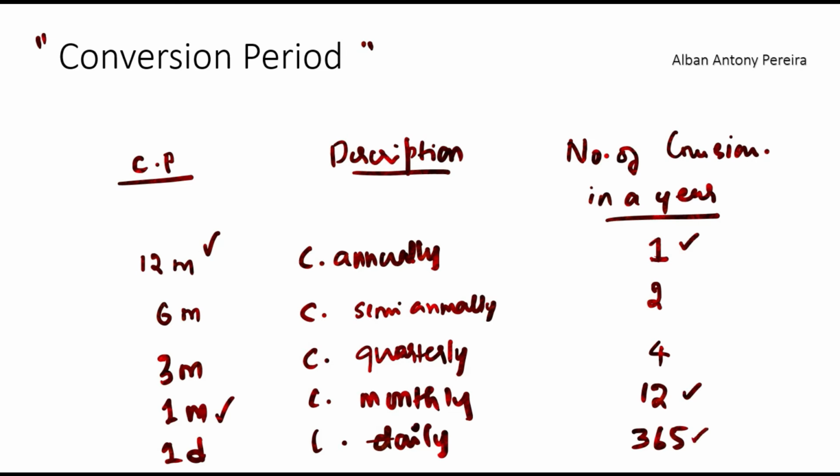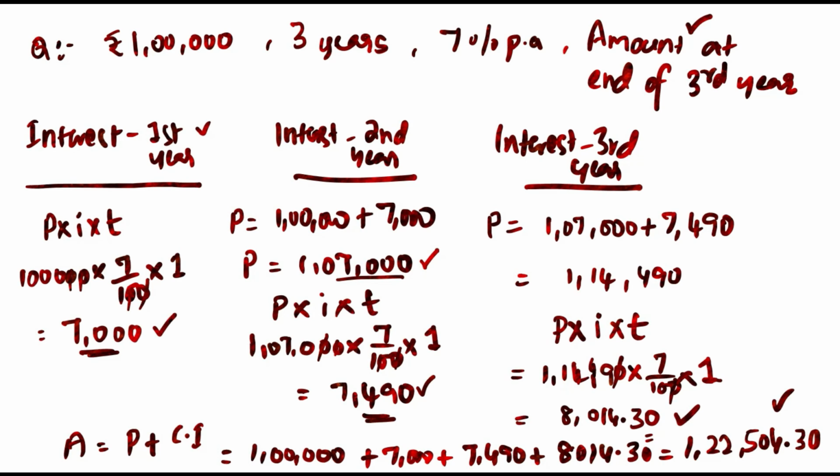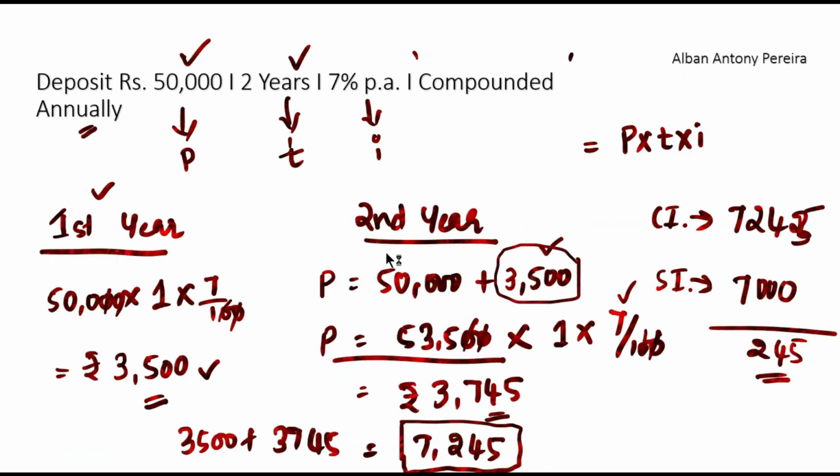So this is how you have to remember the conversion period, and this is very important when you calculate compound interest with the help of the compound interest formula. Here we had lengthy methods of calculation. We had to do it for the first year, then the second year, and then the third year. If a question asks for compound interest for 10 years, it will be a lengthy calculation. The sheet will go long, and there are chances that you might make a small error.